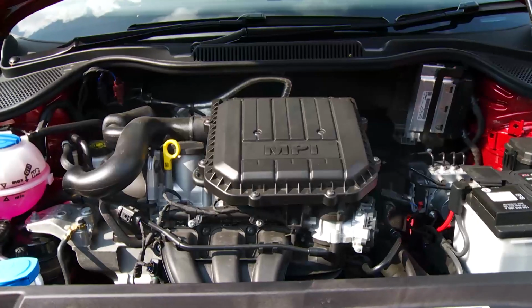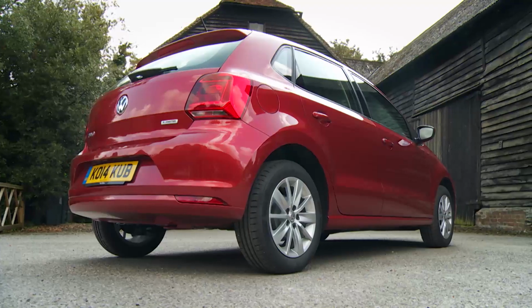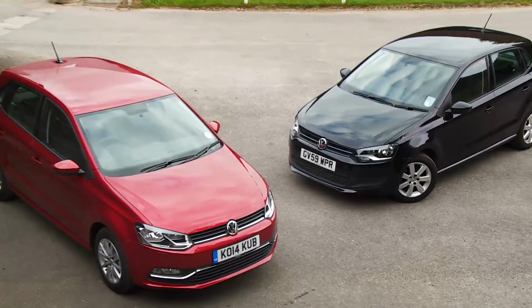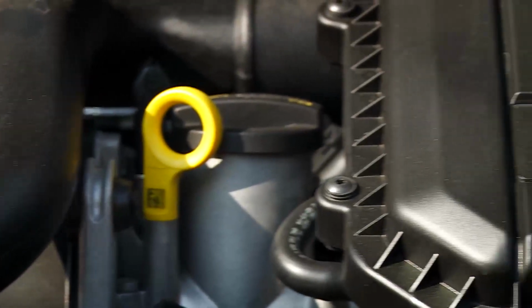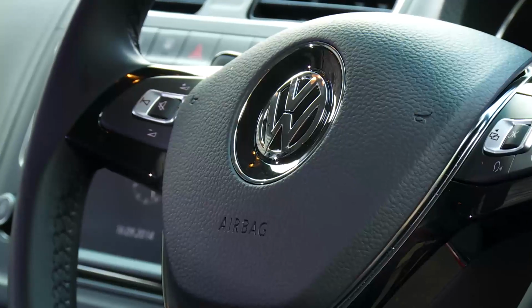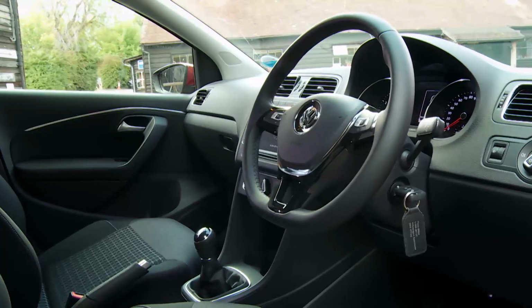Cleverer, cleaner and classier, this improved 5th generation Volkswagen Polo Supermini remains the quality choice it's always been. It may look little different, but the important changes lie beneath the bonnet and on the equipment list. Some fresh new engines and a bit of extra high-tech in the Golf-style cabin both aim to please loyal buyers